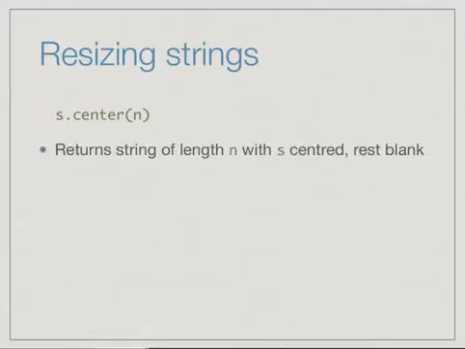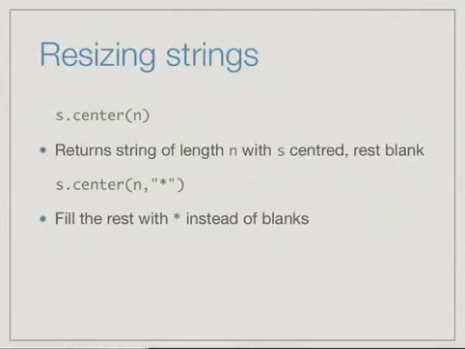The other thing that you can do with strings is to resize them to fit what you want. So if you want to have a string which is positioned as a column of a certain width, then we can say center it in a block of size n. So what this will do is it will return a new string which is of length n with s centered in it. Now by centering, what we mean is that on either side there will be blanks. Now instead of blanks, you can put anything you want, like stars or minuses. Okay, so you can give a character which will be used to fill up the empty space on either side